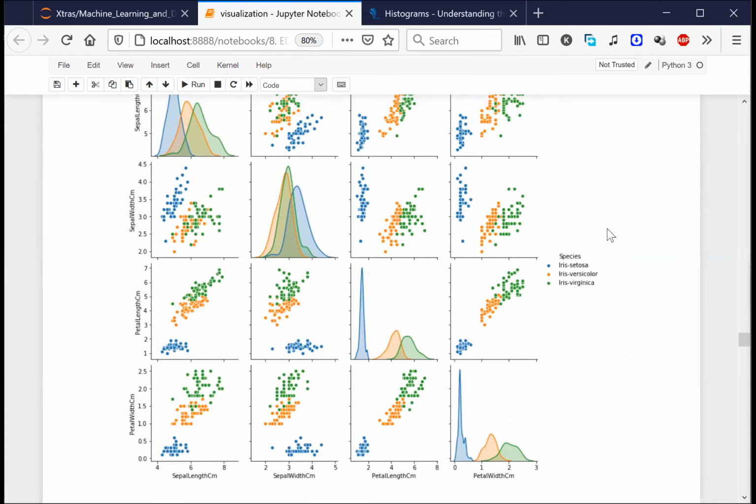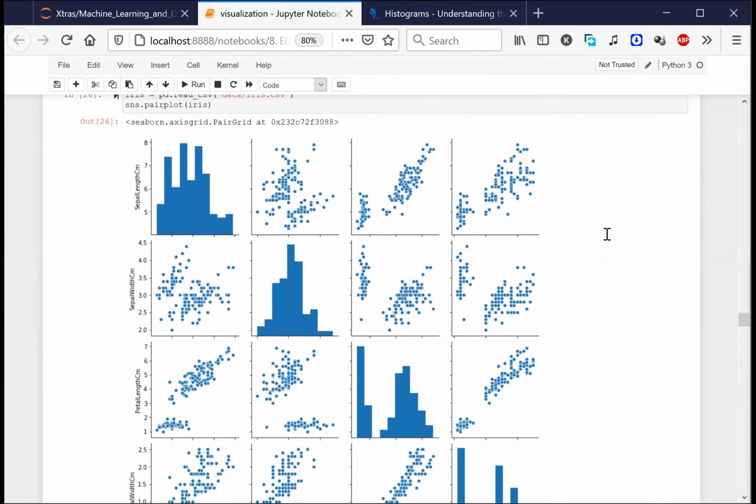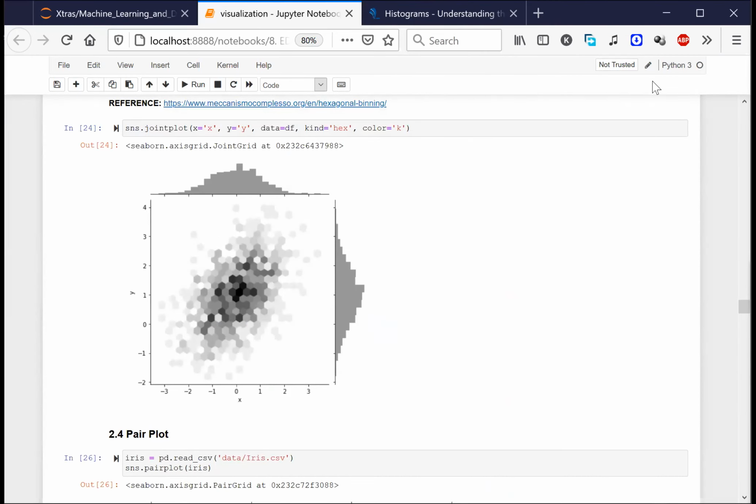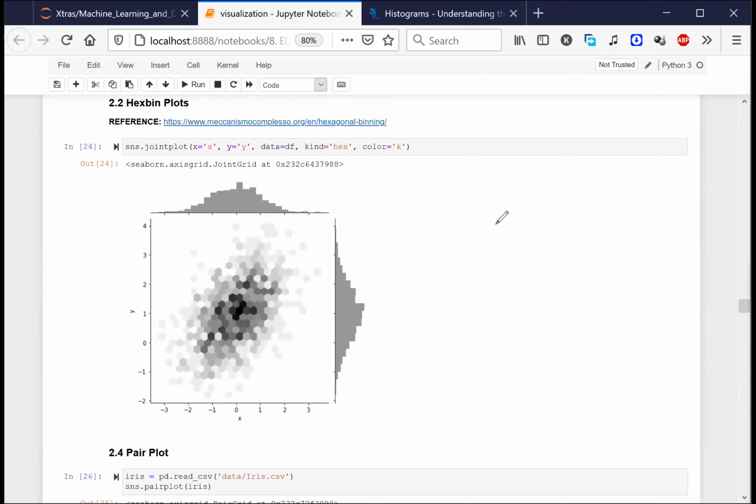Perfect. So these are all the plots, right? I would suggest all of you go through this entire notebook that I have on GitHub. You all have my GitHub profile link. Go to my GitHub profile link, and you will find all the data that I have shared with all the people. On my GitHub, you will also find many different interesting things.